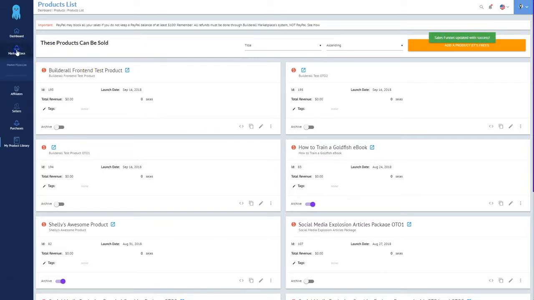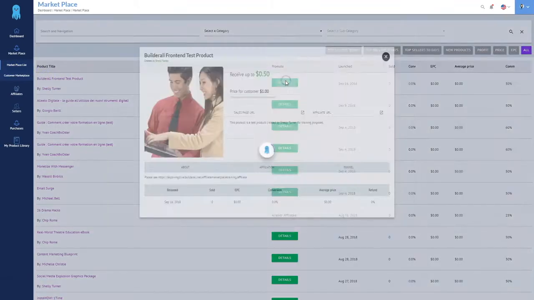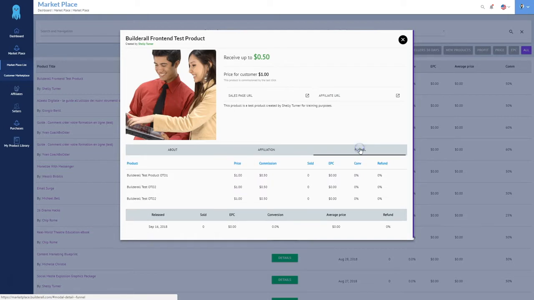So now let's go back into the marketplace and look at the marketplace list. Then we see that our product is there. I'm going to click details, and we can see that the information looks really close to the same. But if I click funnel, you'll see that now it shows me all of the products that are in that funnel. It shows you the price of the products and the commission that you'll get, and even some information about how many have been sold, earnings per click, conversion rate, and refund rate on all of the products that are